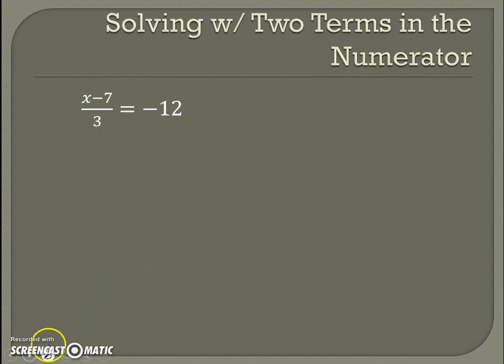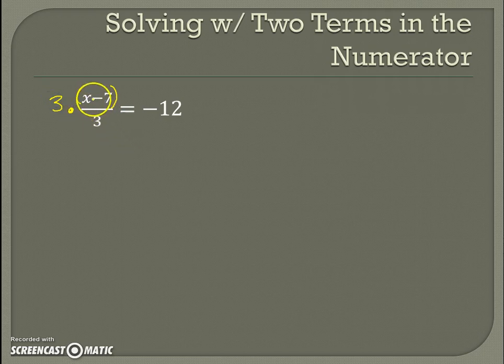Alright, moving along. So solving with two terms in the numerator. I know we looked at this a little bit earlier, but just a refresher. Anytime you have more than one term in a numerator or a denominator, it is assumed that those are grouped together. In other words, you could put parentheses around them. The best way to approach this problem is to go ahead and put parentheses around that. And let's get rid of this by